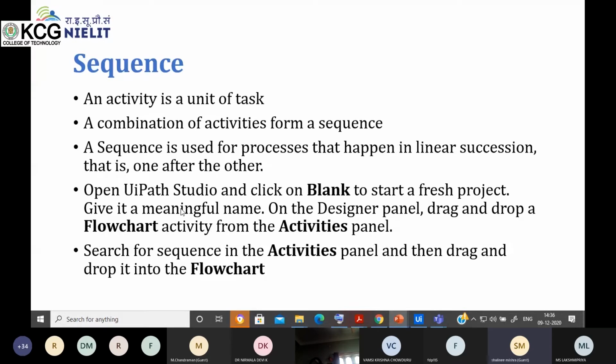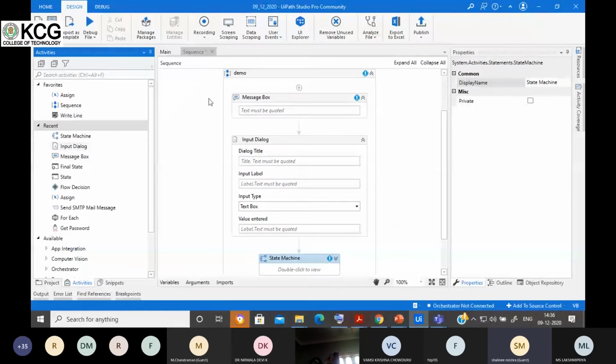Okay, as we have already seen, open UiPath Studio and click on the blank start. One more thing I want to cover: if you add a sequence from the design panel and New, the new workflow or this type of file will get created.